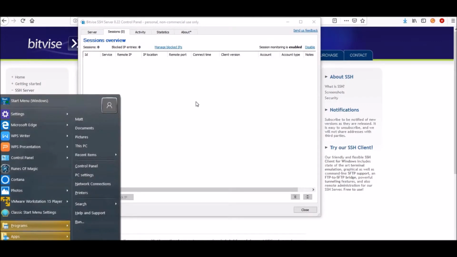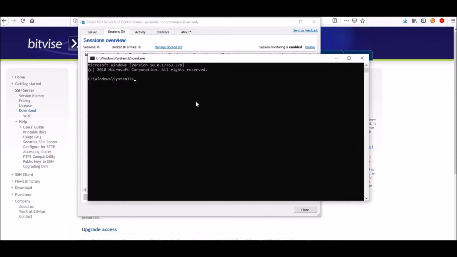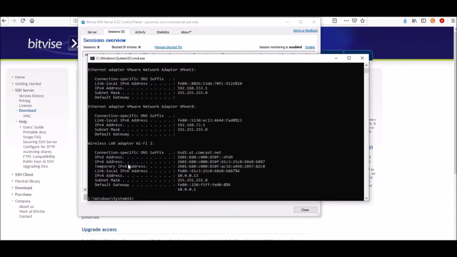So you're going to hit the little Windows key, and if you're on Windows 10, this is easy to do. You hit that and you type in CMD, and then you hit enter. On other computers such as Windows 7 and XP, you're actually going to have to go to Windows and then run, and then type in CMD instead of searching. Then you're going to type in ipconfig, and it's going to show you, on my wireless LAN,